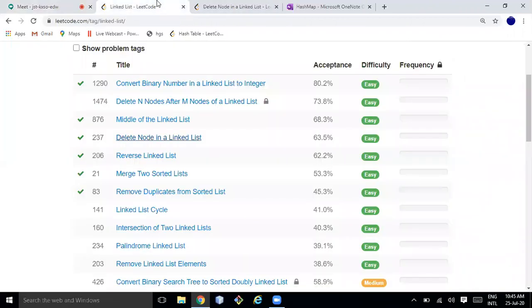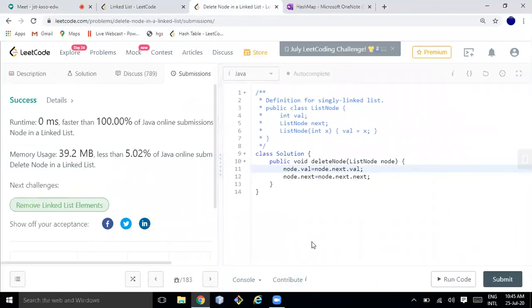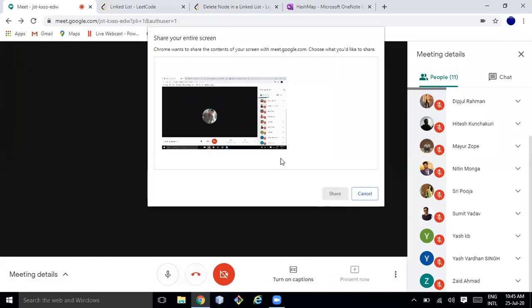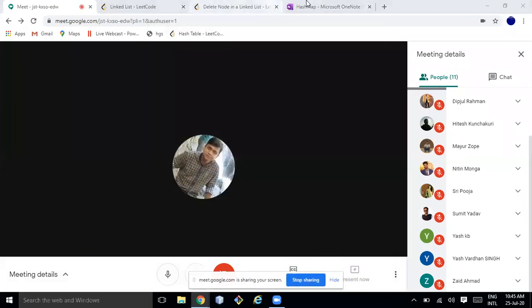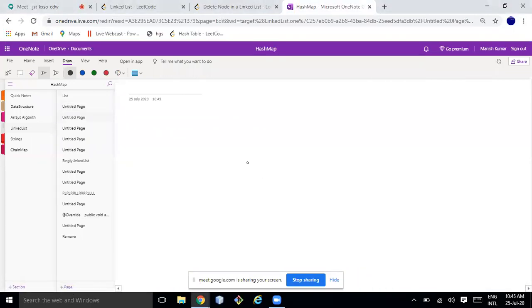Okay. So for those who faced some issue, it's a very simple problem, but you should have some understanding. So let me share my screen. Are you able to see my screen, right? Yes. Okay.